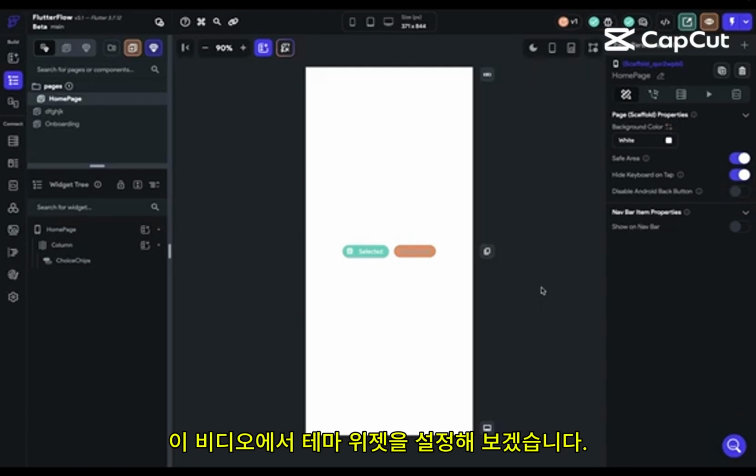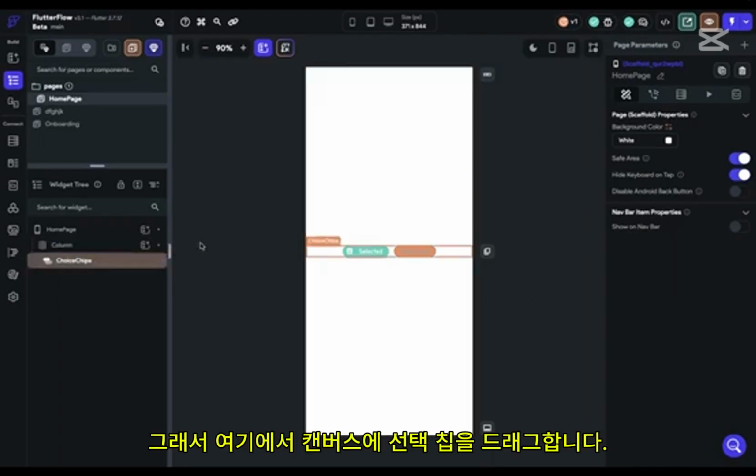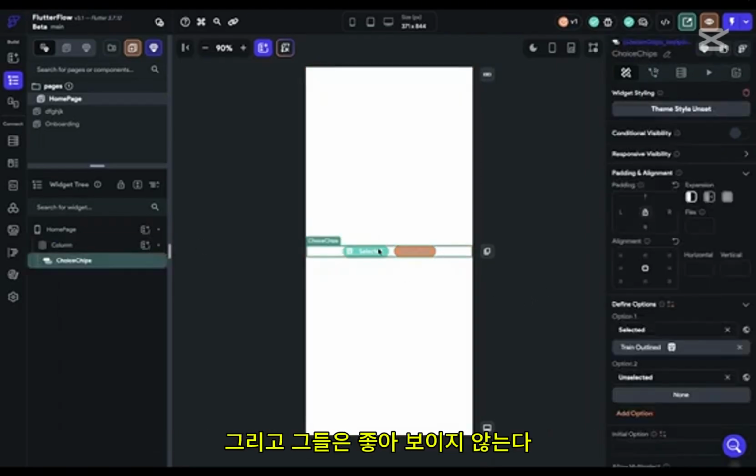In this video, let's set up your theme widgets. But what is a theme widget? Well, a theme widget is just a reusable style for your widgets. They're like CSS classes. So here I just dragged some choice chips onto my canvas and they are not looking